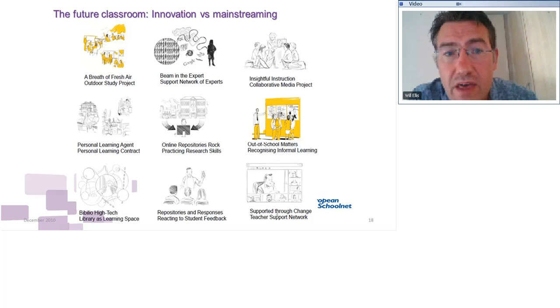The first one there, you can see, a breath of fresh air, the outdoor study project. Now, for some of you in some countries, taking your learners outside of school and learning outside, maybe in a local environment or around town, is commonplace, that happens, but in many schools it doesn't, and many teachers are unconfident in doing it. So the breath of fresh air scenario gives an example of an activity where you take learners